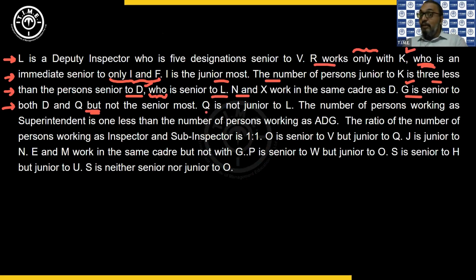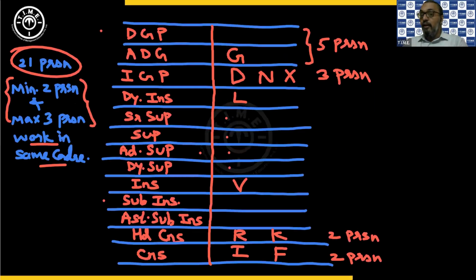Now this is interesting. Please look at this. He says Q is not junior to L. If Q is not junior to L, can you please put it in the chat? Where should I put Q? Which designation is Q? If Q is not junior to L,